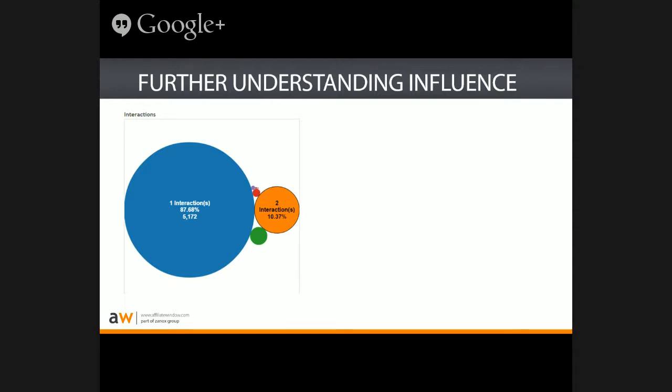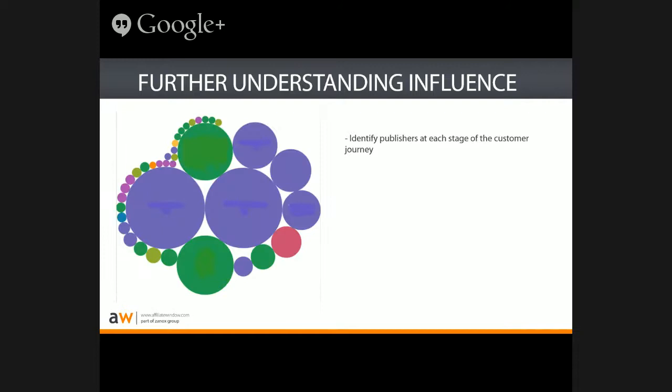Our daisy chain data is available to advertisers on request and provides a number of additional insights across a programme. Firstly, it's possible to identify the number of transactions that have had multiple affiliates involved in the customer journey. Typically, we'll see 80 to 90% of all transactions have just a single affiliate referrer, although this will vary from sector to sector. Where there are multiple affiliates involved in the transaction, it's possible to see how often each affiliate